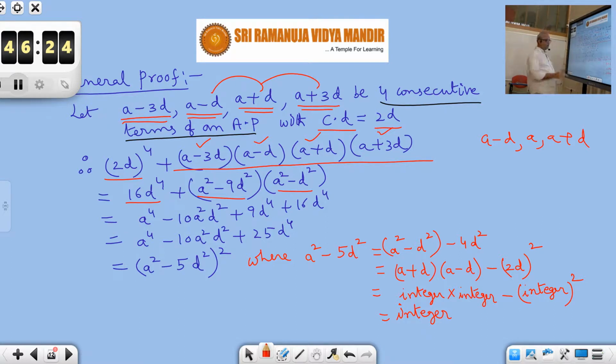So if you expand it, you will get it like this. Here 16D power 4 you will get, and here 9D power 4 minus 9D square, so 9D power 4. 16D power 4. So adding you get 25D power 4. So this is the product you are going to get. But this can be easily written as A square minus 5D square whole square. So whole square you are getting. So if you conclude that it is a perfect square,